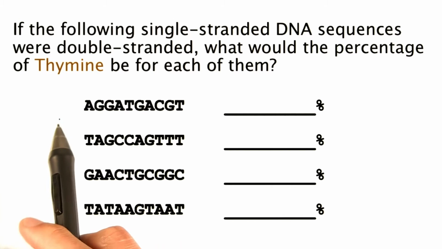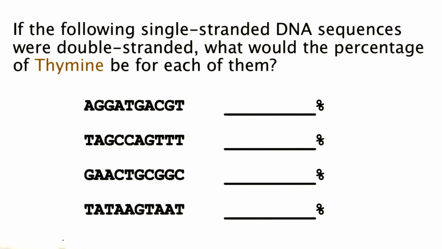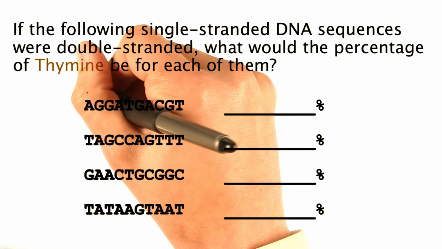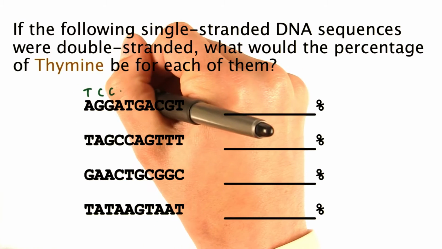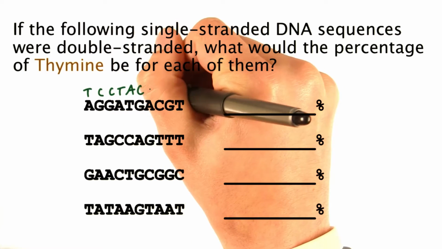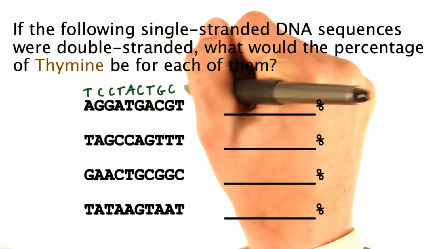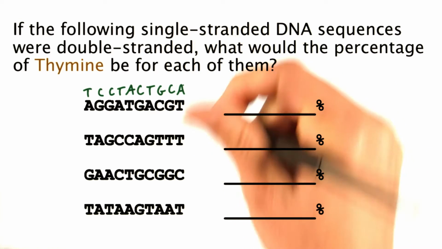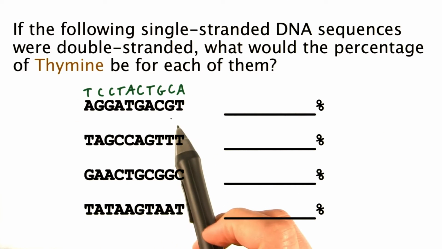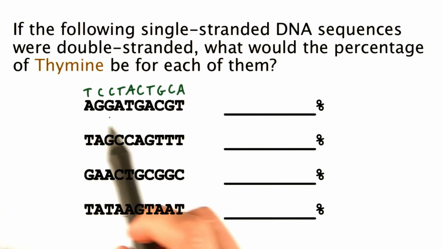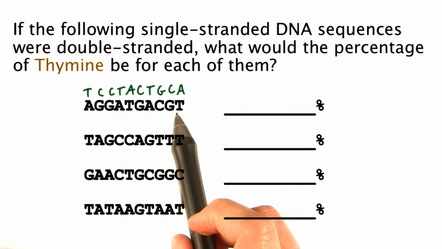All right, for this question, we've got to take each individual single-stranded DNA sequence and imagine that it was double-stranded. Now, if you want to do this the hard way, you can actually write in above the sequence or below what the complementary sequence would be, and then you could actually count up all the letters and then try to do the math. But for me, the easier way to do this is to take the 10 letters and actually